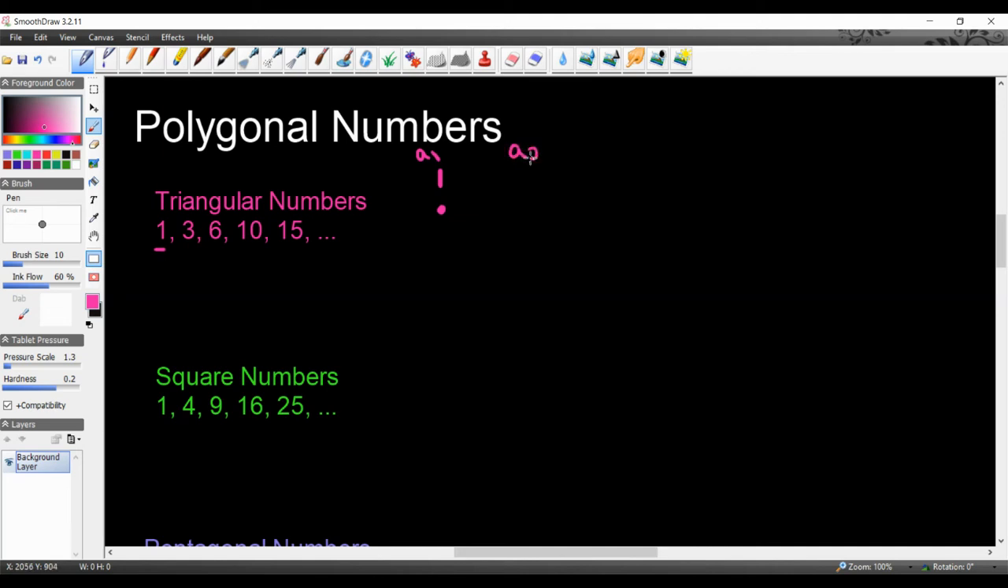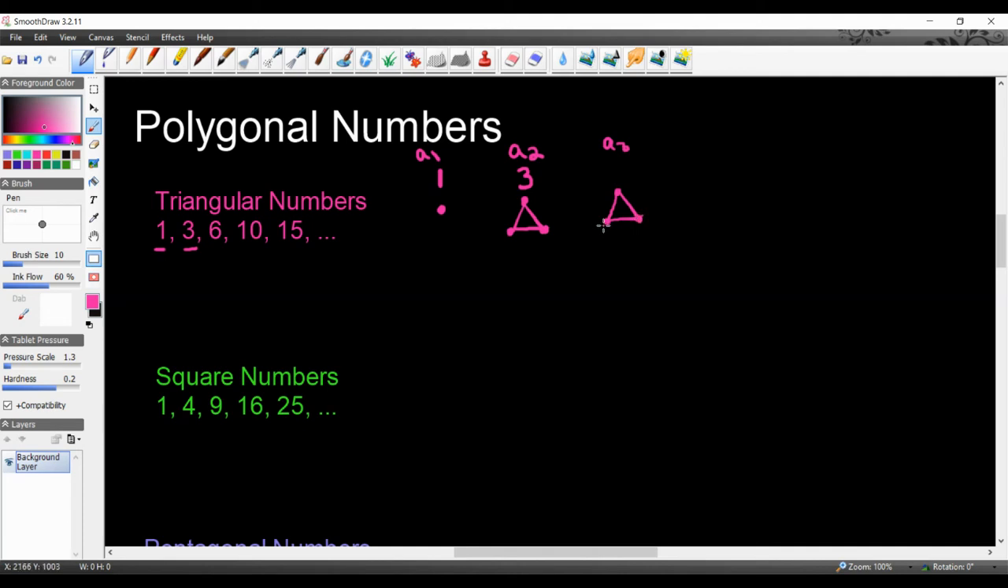A sub 2 would be the number of dots required to make a triangle. So in the next part, to make a triangle, I'm going to need 3 dots. So a sub 2 is 3. Extending from this same triangle, I'm going to redraw that triangle here. I want to see what the next term is going to be. So a sub 3, the third term,